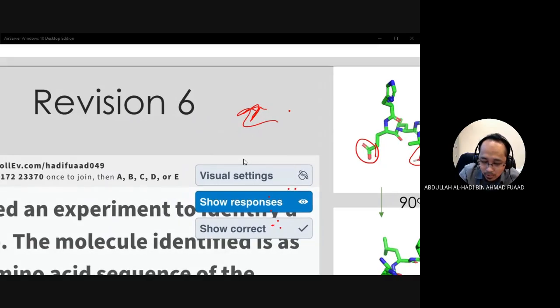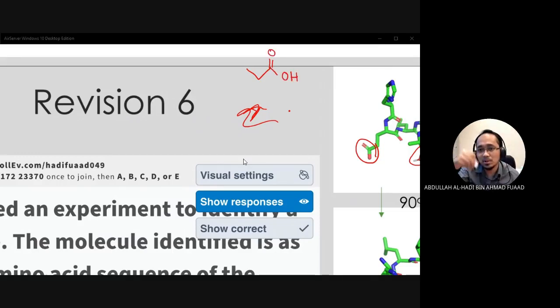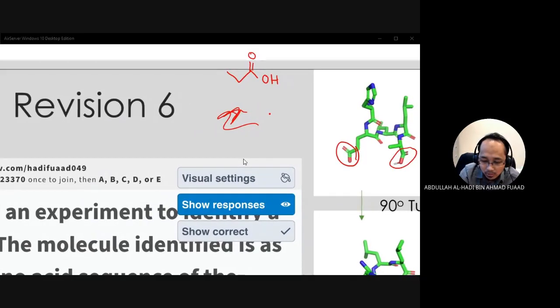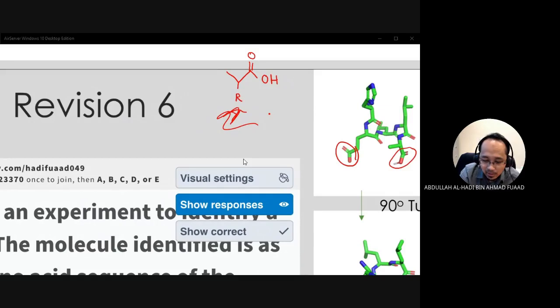Okay, so anyhow, you need to remember that the basic structure of an amino acid has a carboxyl terminal, and then you have your alpha group or the R group over this side, and then you have an amine group on the left hand side. Okay, so when you go back to your structure,